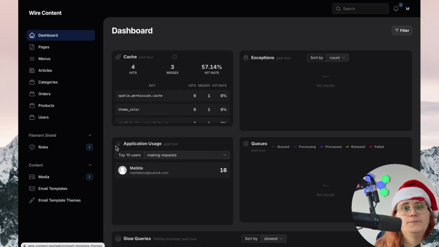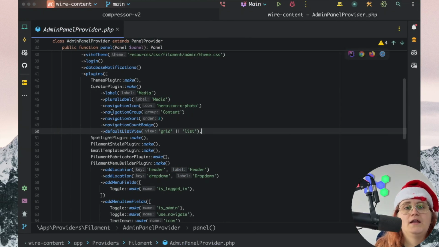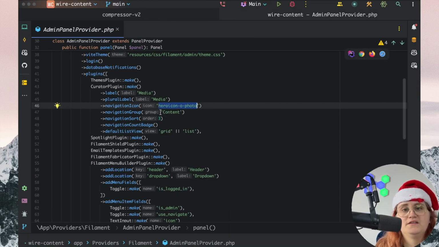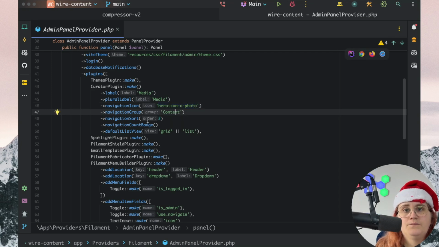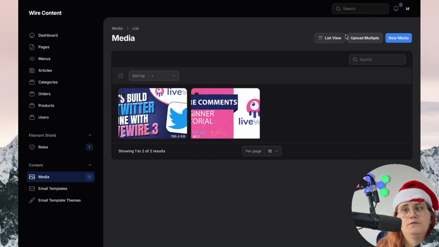I've gone ahead and opened up my Filament admin panel, and in here we have the Media tab. As soon as you've installed this plugin, we have the Media tab here. You can decide what the icon should be based on the Heroicons package in this case, and I put it under the navigation group Content and under sort 3 with the label Media. So in here we have these photos. You could have a grid view instead if you fancy. So if you take a look here, you can see we have this lovely grid view, or you can have